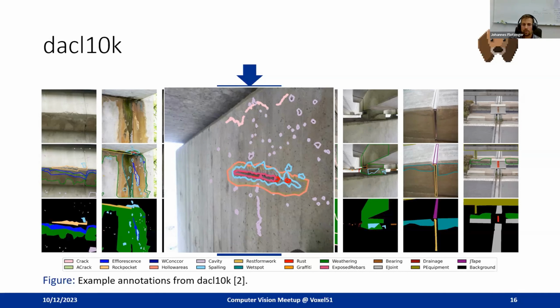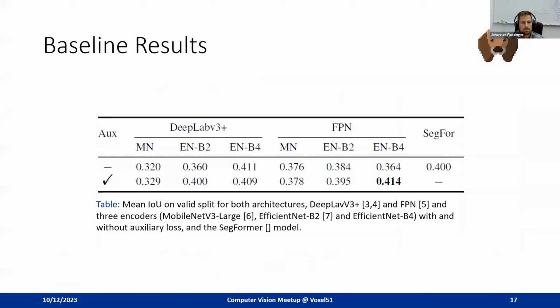And also what we have to take into account was what can we expect the annotators to annotate? Because these are not objects from our daily lives. So I guess not many people are familiar with concrete defects, and also some of them look quite similar. So differentiating between them is hard for people that are not confronted in their daily lives with concrete defects. Yeah, but that was the selection basically that we took, and we also trained some baseline results on our DACL10K